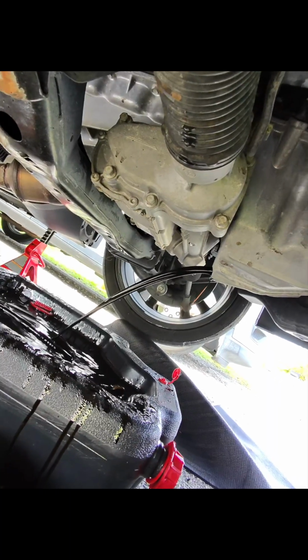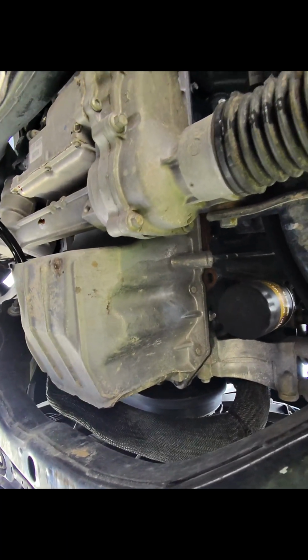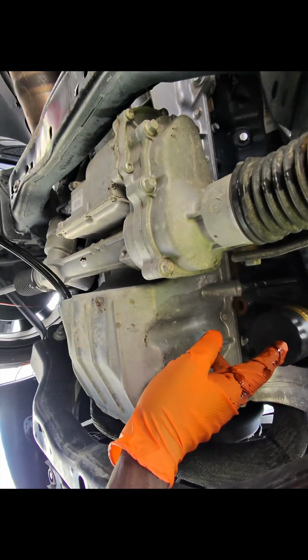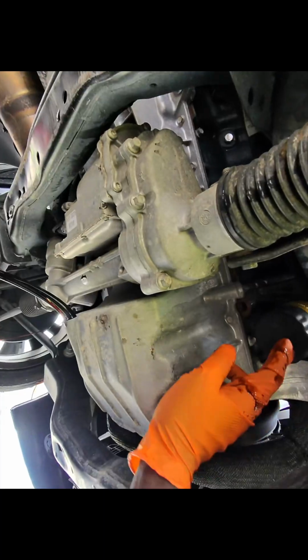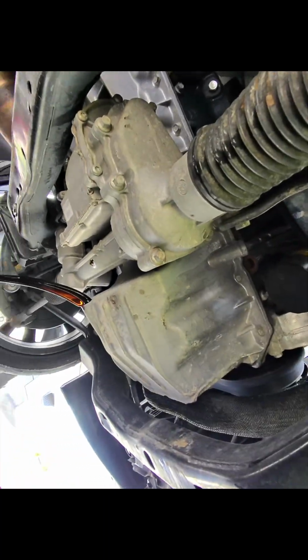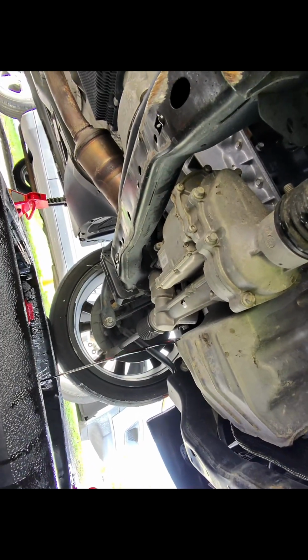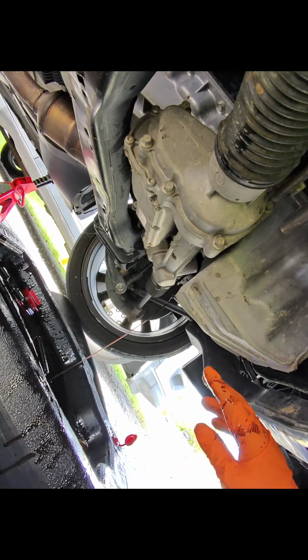So I'm just over here blocking the wind, and guess what we found on this side? On the passenger side you're gonna find your oil filter, which is located right here. So we're gonna let this drain. It's a lot of wind, guys, so I'm just gonna let this drain. I'm gonna stay right here, and once it stops draining, I'm gonna